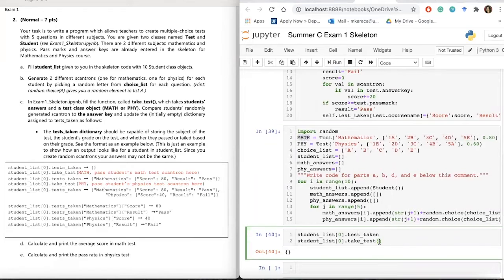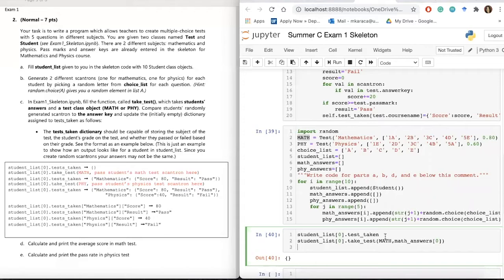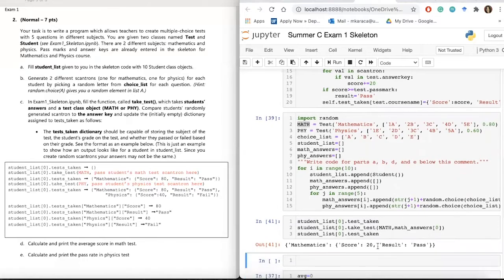Let's say this student is going to take math, and then scantron of student list, scantron of first student is math answers 0. Okay, and then at the end, let's again check this test taken statement, and as you can see, oh,